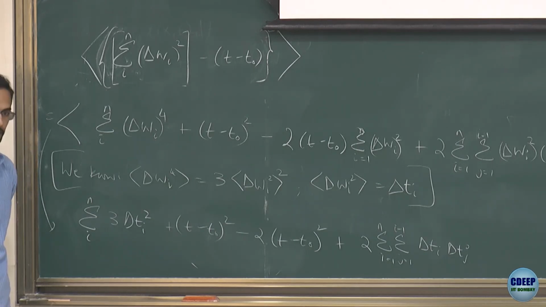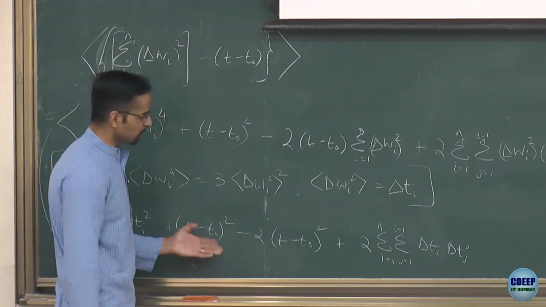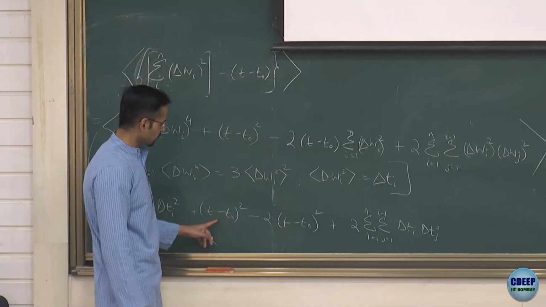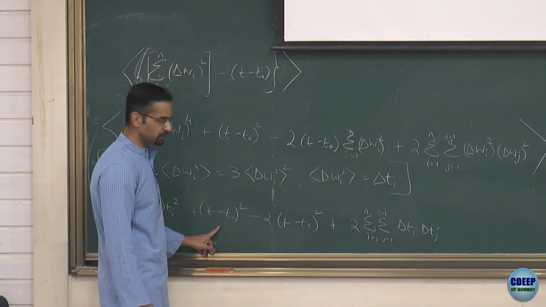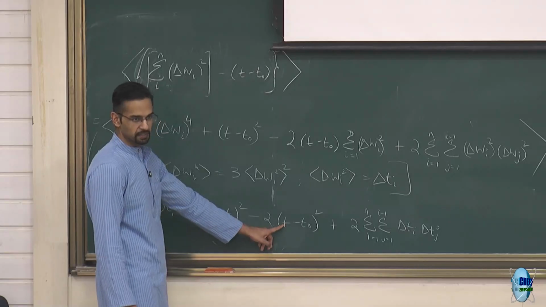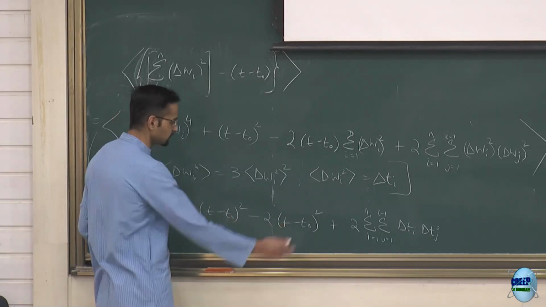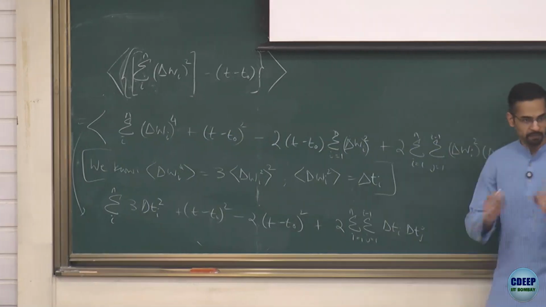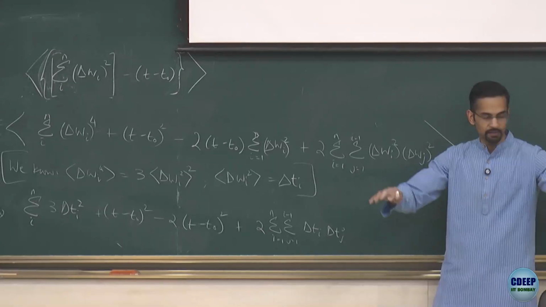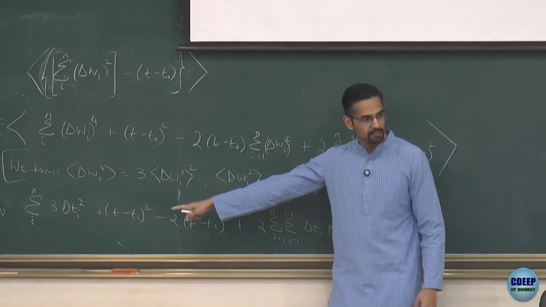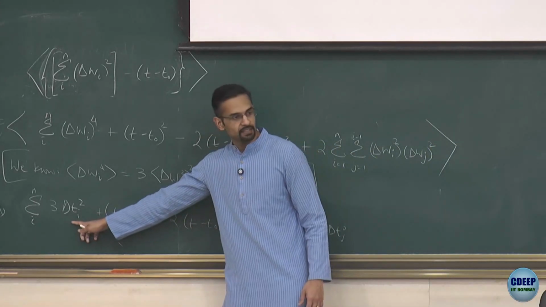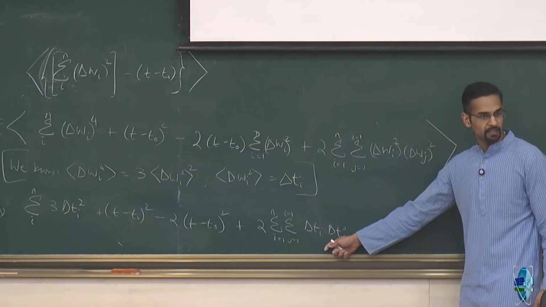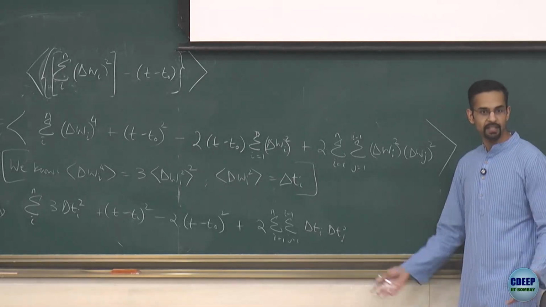So our goal now is to show this becomes 0 as n goes to infinity. You can see that these two are going to cancel and leave me T minus T naught. Then I have these two terms left. So what should I do with this? Remember this came from expanding the square. But I have delta T sitting there. So if I take the summation of delta T i square plus this, it will actually be summation of delta T i the whole square,